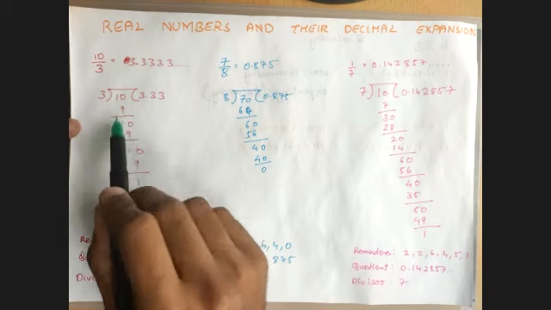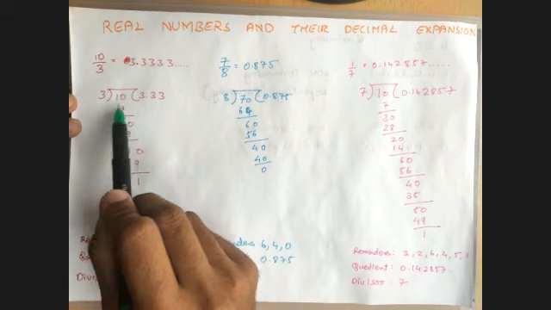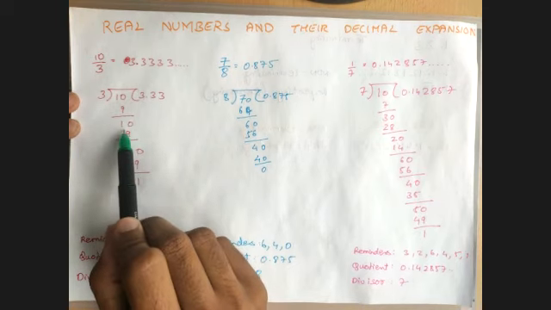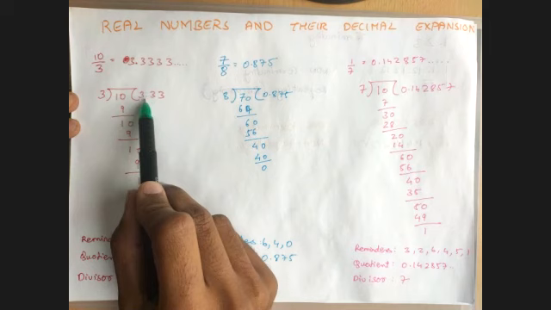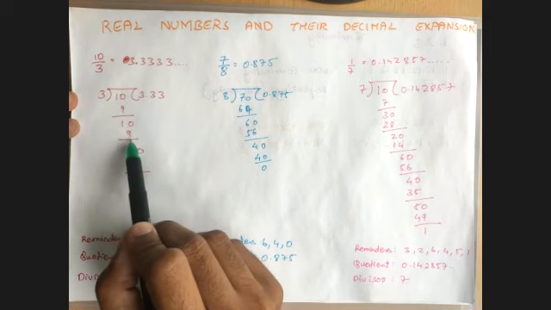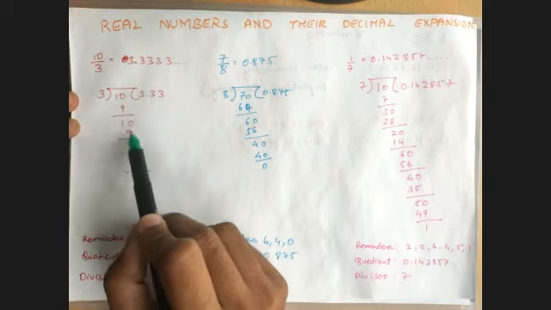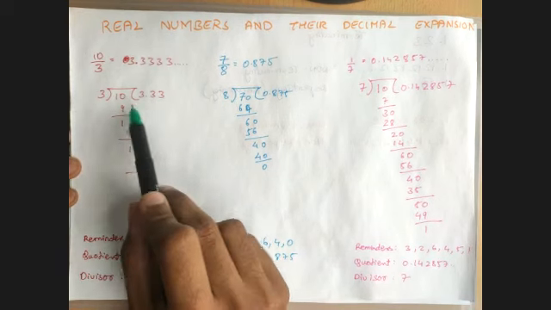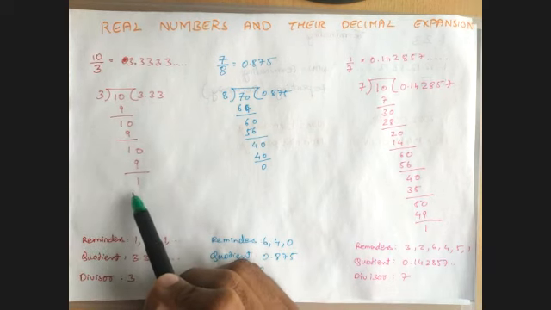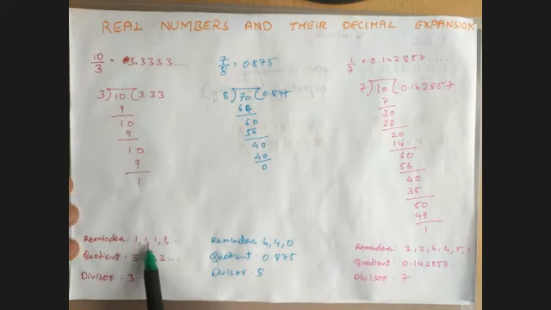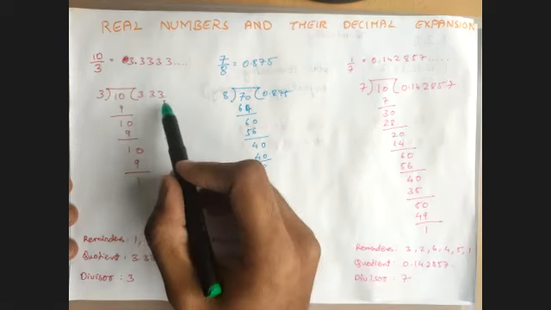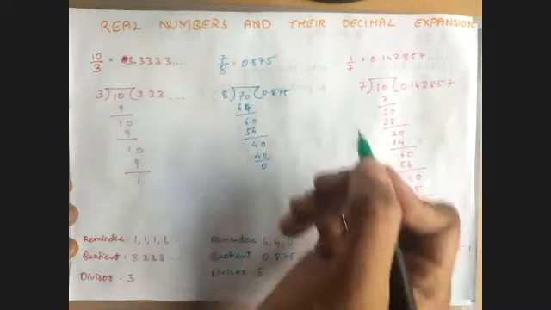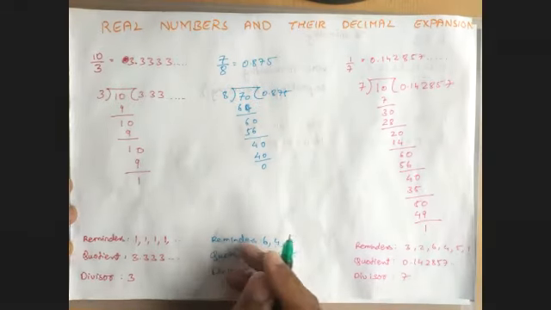So if we go by the long division method, if we divide 10 by 3, here 3 3s are 9 and then 1 is the remainder. We add a decimal point and add 0 to it. We take 3 3s are 9 and we get 1 as the remainder, we again add 0 to it. So 3 3s are 9, we get remainder 1, so this remainder 1 keeps on repeating. And if we look at the quotient here, 3 3 3 3 keeps on repeating when we divide by 3.